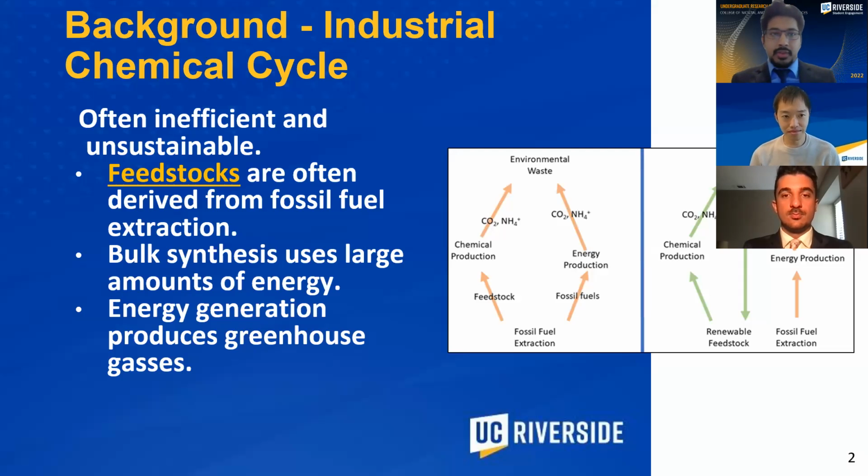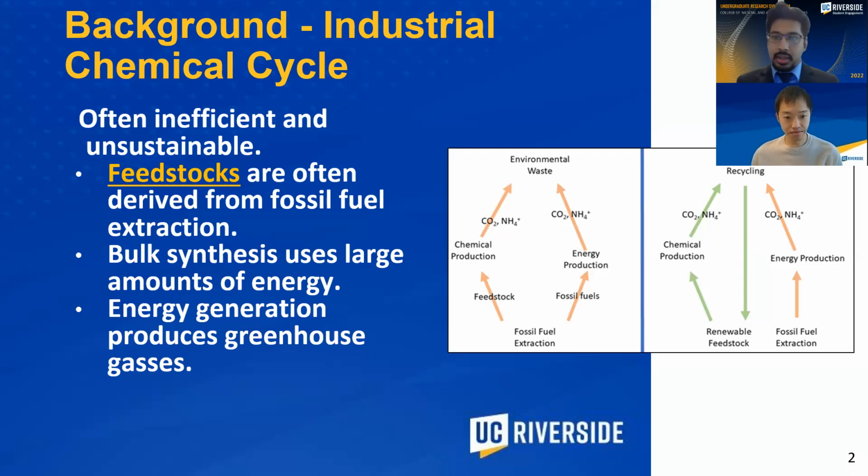So just a little bit of a background before we start going into the details of our research. I just wanted to give a quick introduction about the industrial chemical cycle. Oftentimes, our industrial chemical cycle that we have today is very inefficient and unsustainable. And the main reason is that we produce a lot of energy and a lot of waste products as a